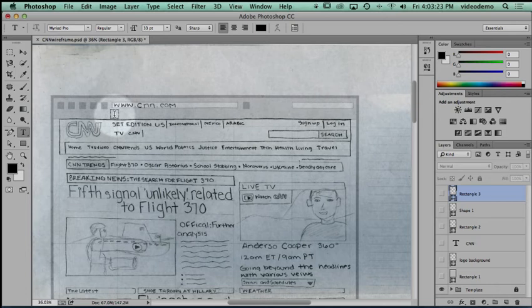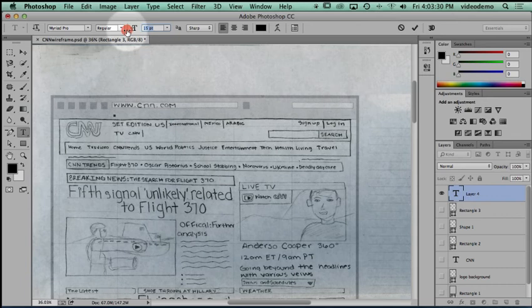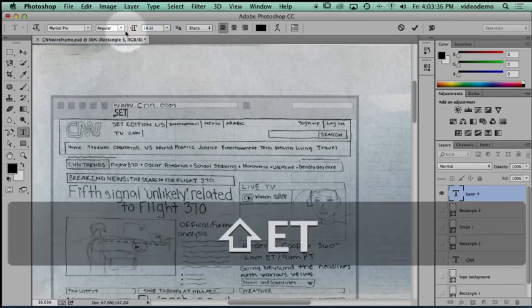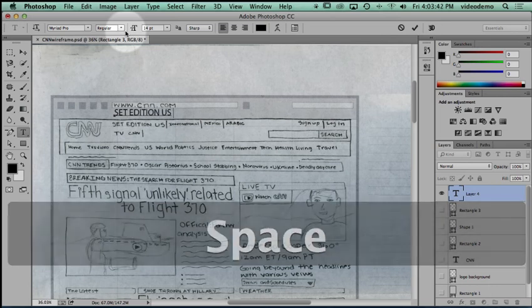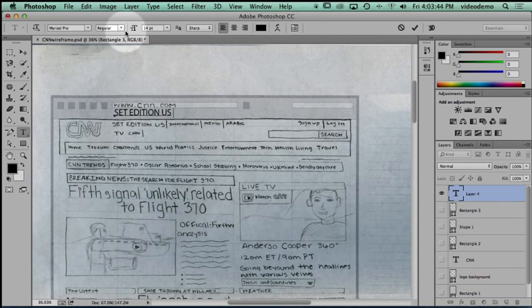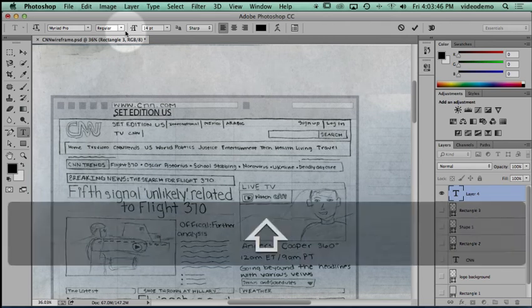So I'll do this one, and you can see by the flash here it's a little bit big, so I'll just crank this down to start off with, like around 14 or 15. That's good. And I'll type this stuff in. So set, ooh, it's a little bit big yet, but that's okay. Set edition US. I'm going to put a pipe in here that is shift backslash and then international,